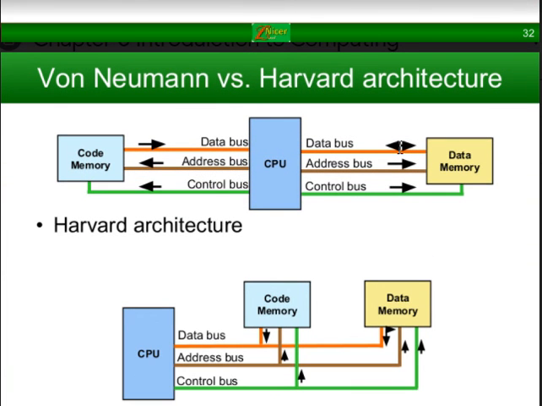These are the two architectures used, von Neumann and Harvard architecture. The basic difference between them is that in the Harvard architecture, the code memory and data memory cannot pass information to one another directly. They have the CPU, and the information needs to be passed through the CPU and then on to the other memory. While in the von Neumann architecture, they can easily communicate with each other too, and also with the CPU.